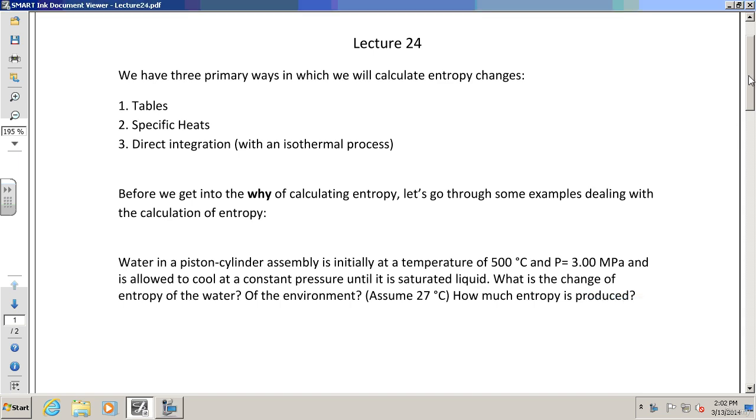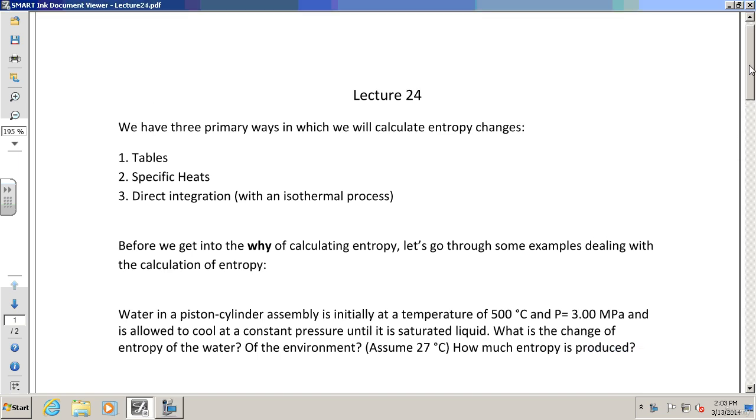Okay, so we're going to continue to look at entropy, and I still expect it to be somewhat confusing for you. I understand that. It's hard to visualize, you've never dealt with it before, and you're going to start putting numbers on the stuff, and the numbers really aren't going to make any sense. You calculate the entropy, and it's going to be some number with some units, and you're going to go, okay, what does that mean?